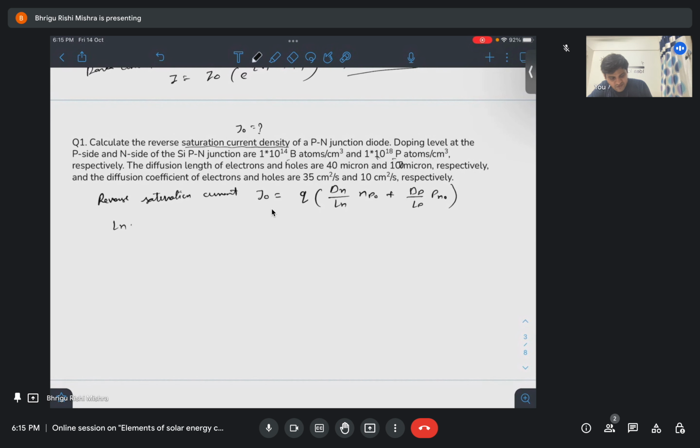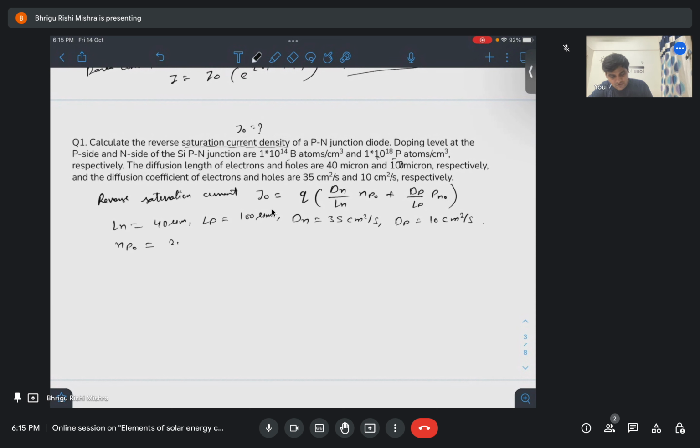So we have given Ln is 40 micrometer, Lp 100 micrometer, Dn 35 centimeter square per second, Dp 10 centimeter square per second,